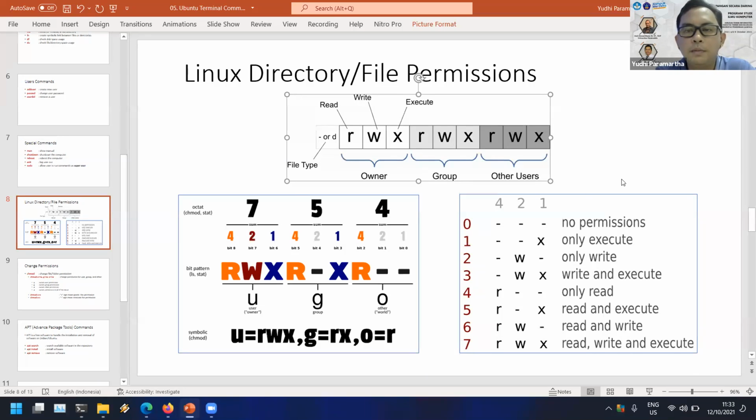Okay, for example, when you use 4, okay, 4 is this bit. Okay, 4. With 4 only, they give you read-only permission. Okay, when the number is 5, they give you the permission of read and execute, but not write, something like that. Okay, and 7, they give you permission for read, write, and execute.